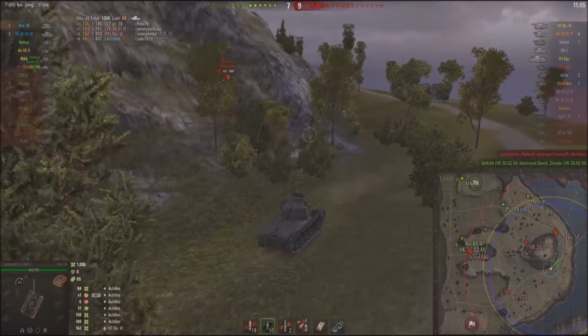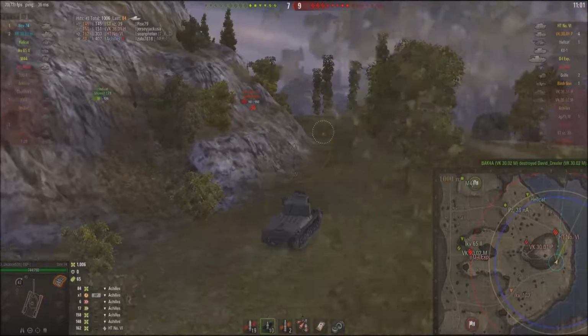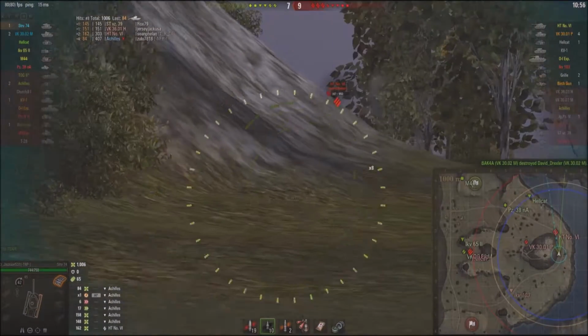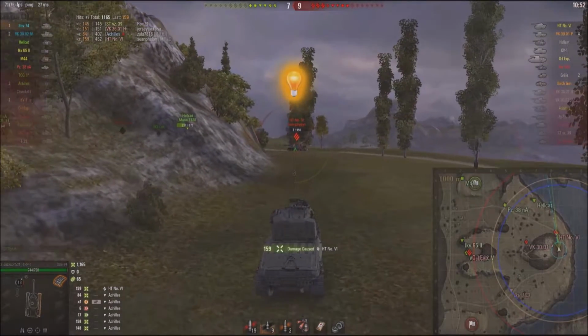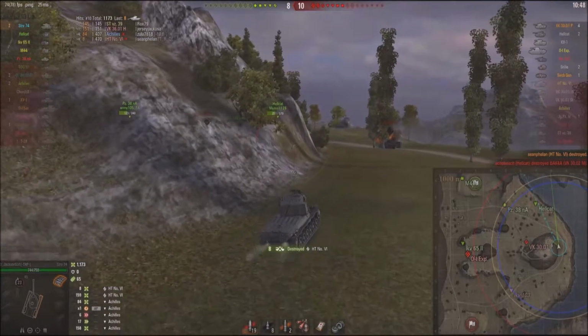Using the buildings as cover, I load APCR because this heavy tank number 16 was giving me a little bit of trouble earlier. I want to make sure I kill him before any of his friends show up. So come out, pop around, slam the round through his tank, lock on again. He's trying to do anything about it, but I'll just reload too quickly, finish him off, go back to the